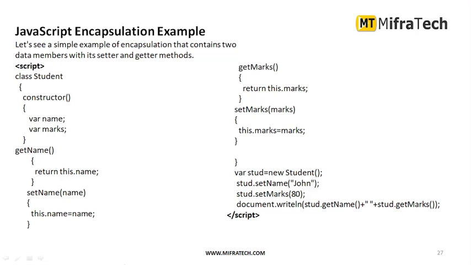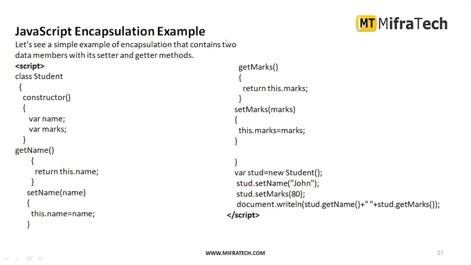Then you can see an encapsulation example here. The class has been created, with the class name Student, and a constructor was taken with name and marks, and getter methods have been written, where get name returns this name, and set name sets this name equal to name. Get marks, and the name and the marks have been